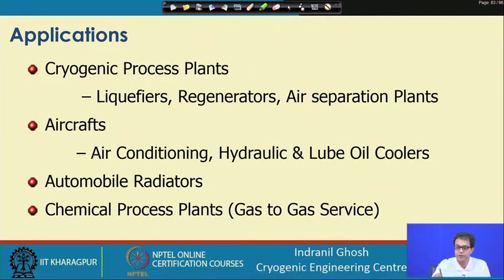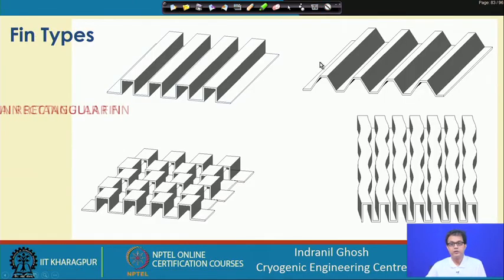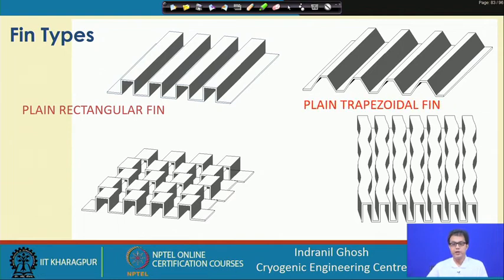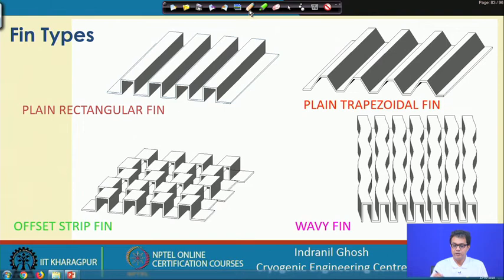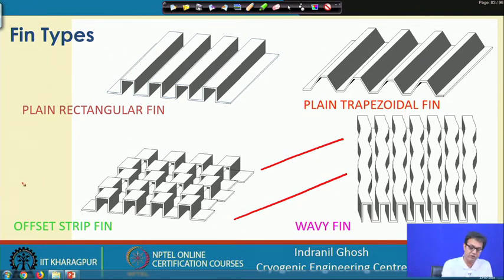So, now what are the fin types? Why should there be any fin? When we talk about the fin or the extended heat transfer surface, these fins, as I told you, give mechanical stability and also give an extended heat transfer surface. So, if we look again at that equation, Q equals U into A